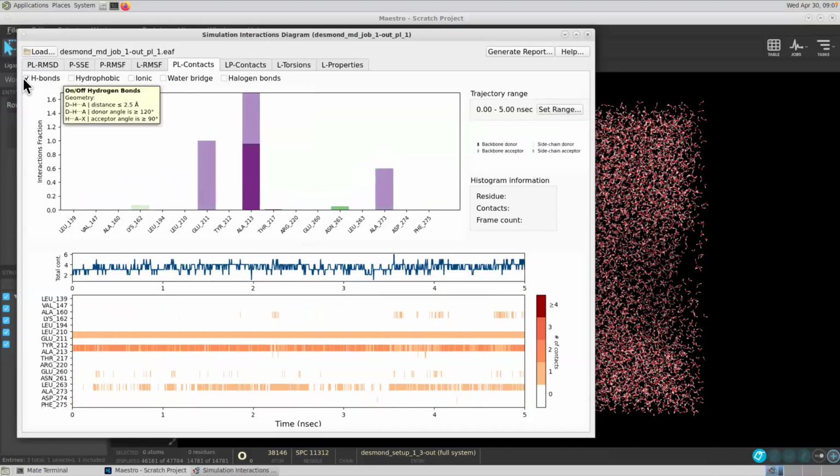Yeah. So if I only activate the hydrogen bond, then it will give further information. It will tell you about the backbone donor, with a different color code for backbone acceptor, side chain donor, and side chain acceptor, right? So I can see now that alanine 213 is mostly a backbone donor. Sometimes it is a backbone donor and sometimes a backbone acceptor. Whereas ASN261 has the side chain acceptor. Lysine 162 has the side chain donor. So all those critical information you can get from this